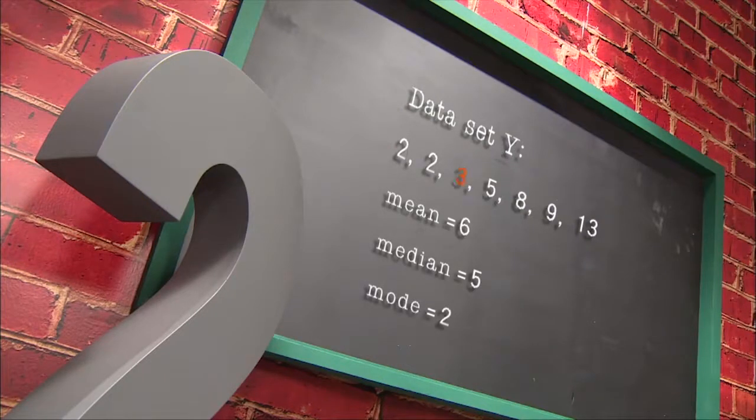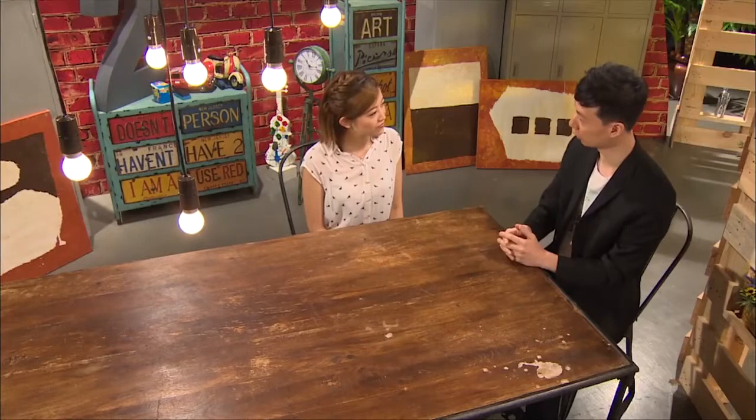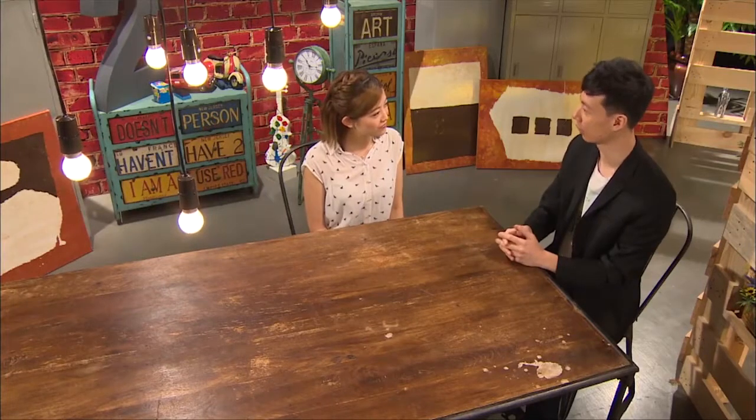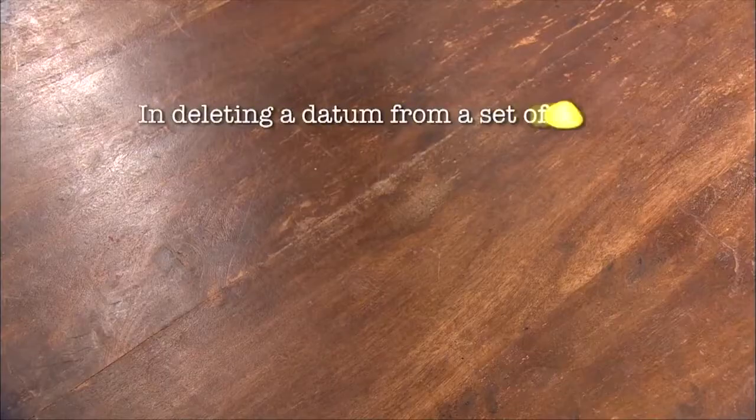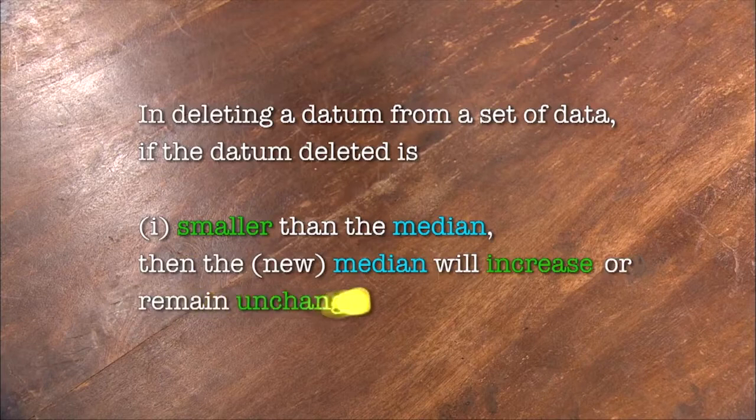In this set of data, if 3 is deleted, the median is 6.5. If 9 is deleted, the median is 4. What is your conclusion on the effect on the median after observing these examples of deleting a datum from a set of data? When a datum is deleted from a set of data, if the datum is smaller than the